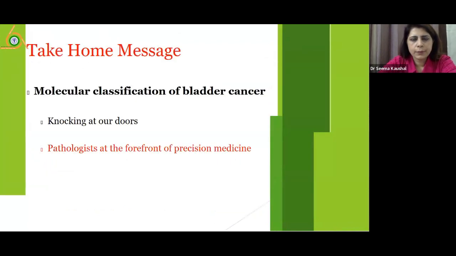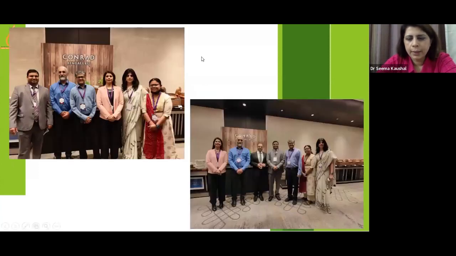So this is our work, which has been published in Modern Pathology and was presented at ASCAP on FGFR and MSI in bladder cancer. From bladder, I want you to remember only two things. One is that when you're writing the report and you're seeing any kind of different morphology, don't write variant, just write subtype. And if possible, if you are dealing with the high urology output setting, you should